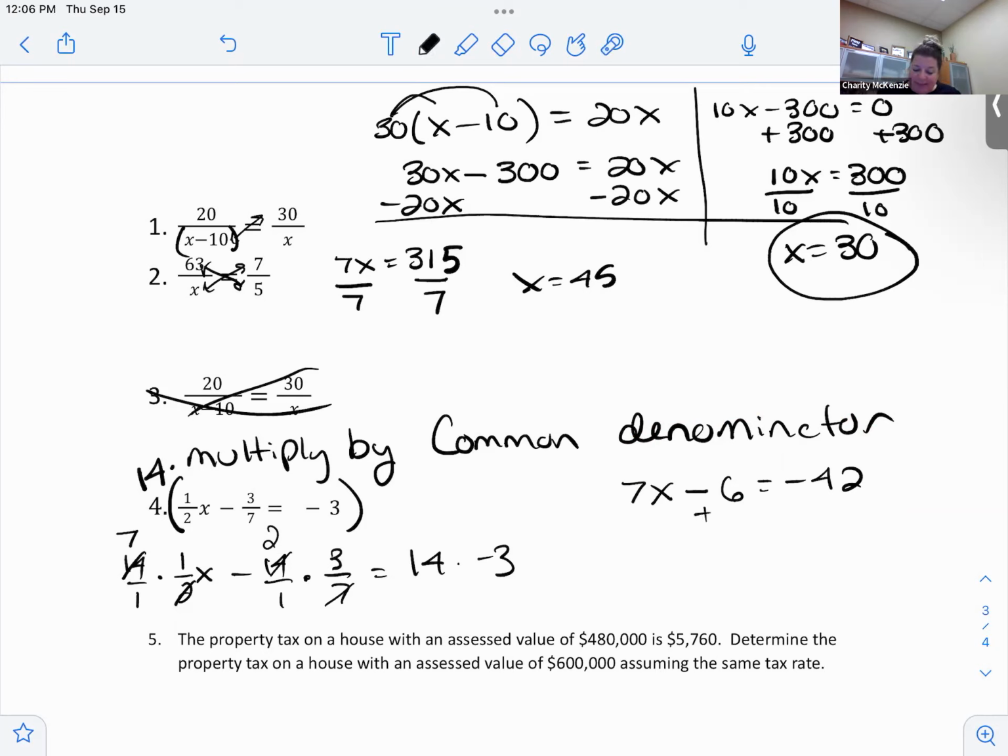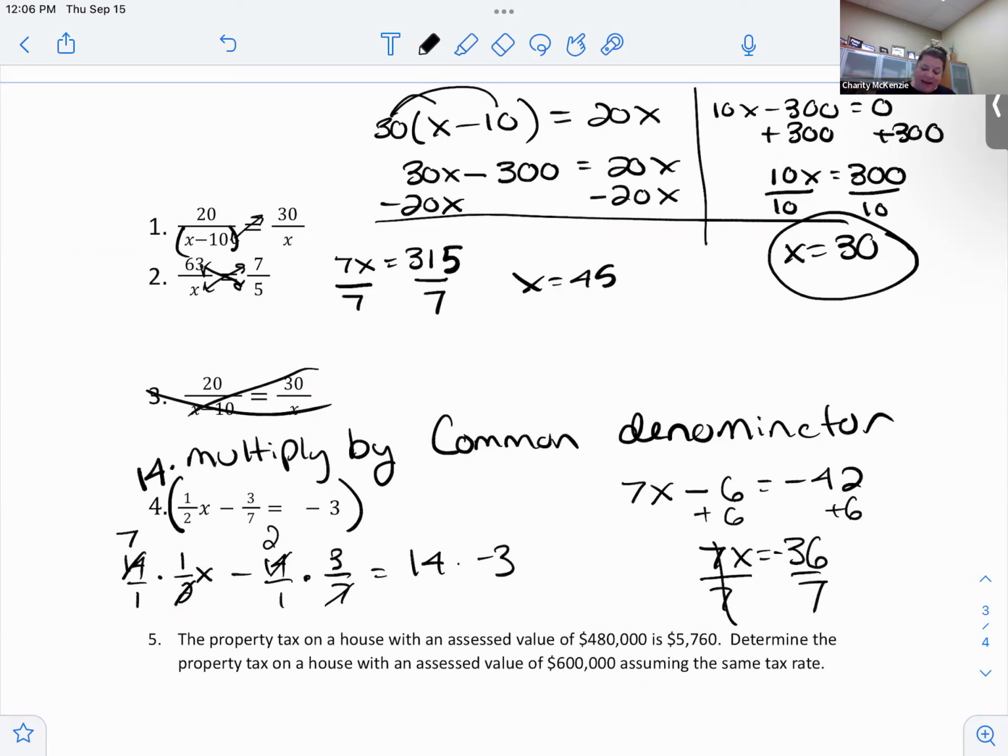So now I only have a couple more steps and I'll have my solution. Add my 6 over and I have 7x equals 42 minus 6. I don't know why I thought I needed a calculator for 36, but I did. And it's a negative. See, got that in there. And then divide by 7,